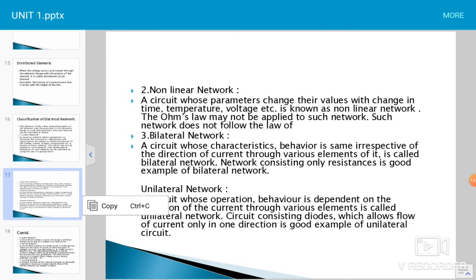So today in this lecture, whatever I have taught is the basics of networks, in which we studied what is the active element, what is the passive element, what is the network, and what are the network elements. See, this is the very basic thing at the beginning of network theory. In the next lecture I am going to teach you the basic fundamentals of the Laplace transform. Thank you.